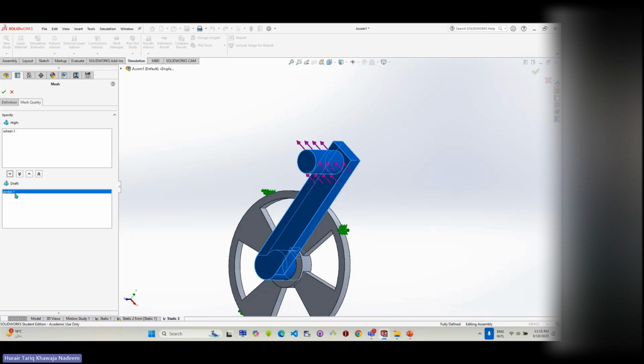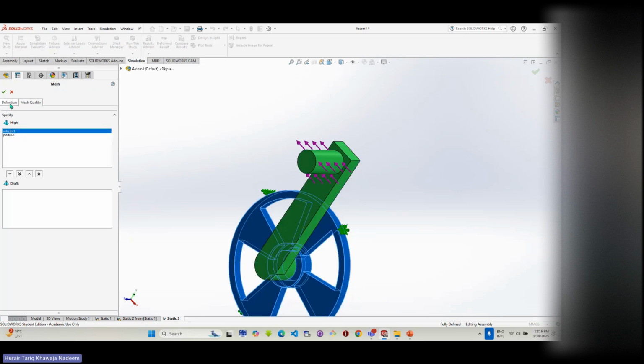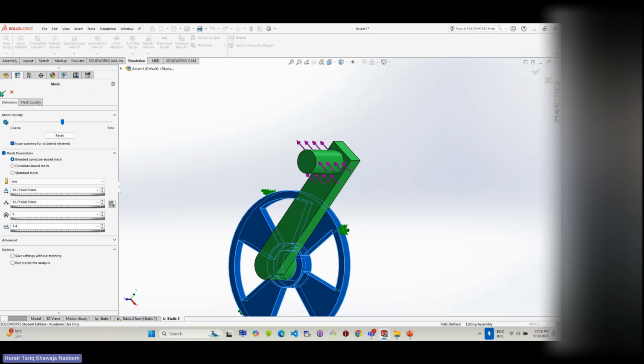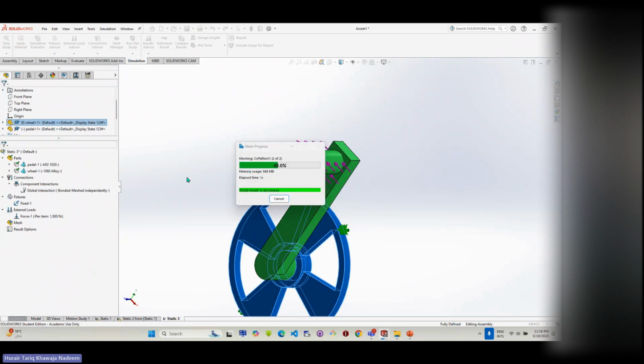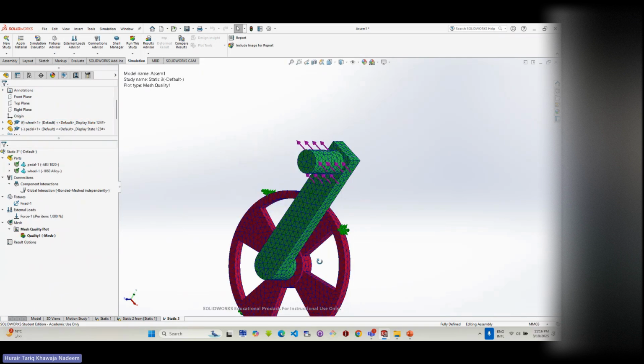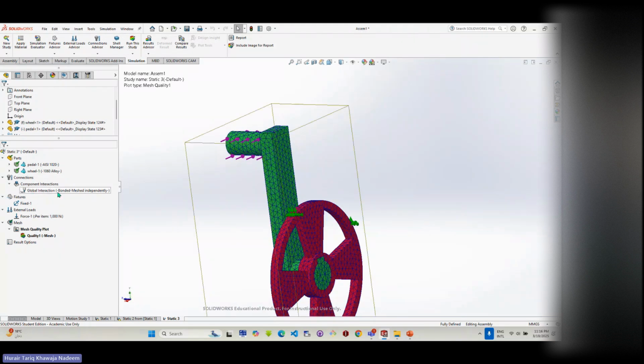For example, you want to have draft mesh with pedal and fine mesh with wheel, you can do that as well. Okay. But right now I want that both of them should have high quality, because I have no problem with the computation. Click OK. And look, it's going to convert this into elements. It's meshed it. Now, what is the type of interaction